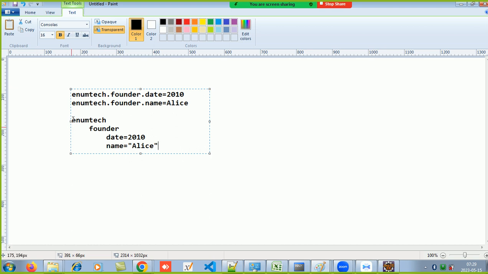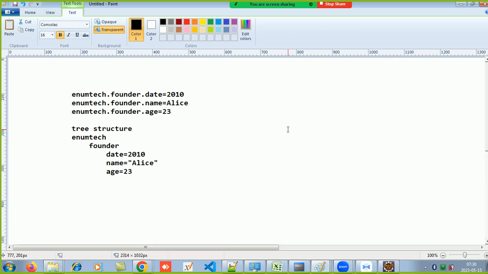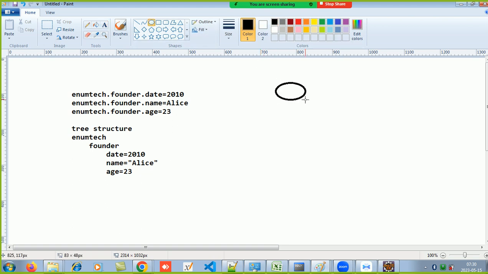तो ये ट्री स्ट्रक्चर हो गया ना। अभी ट्री स्ट्रक्चर में तो डेटा मेरा रिपीट नहीं हो रहा है, इनमटेक डॉट फाउंडर एक ही बार आया है बस। अब अगर उसमें 3 4 भी होते ना मेरे पास, इनमटेक डॉट फाउंडर, उसकी एज क्या है, ठीक है। तो अभी क्या करना है, सिर्फ इनमटेक भी है फाउंडर भी है, तो सिर्फ कहाँ जाना है अपने को, यहाँ पर, नहीं समझ में आ रहा। तो इसको बोलते हैं ट्री स्ट्रक्चर, तो ये उसका पेरेंट, ये उसका पेरेंट ना। अरे भाई ट्री स्ट्रक्चर कर दिया ना मैंने अभी उसको, इनमटेक एक ही बार आया है, उसके बाद फाउंडर है।